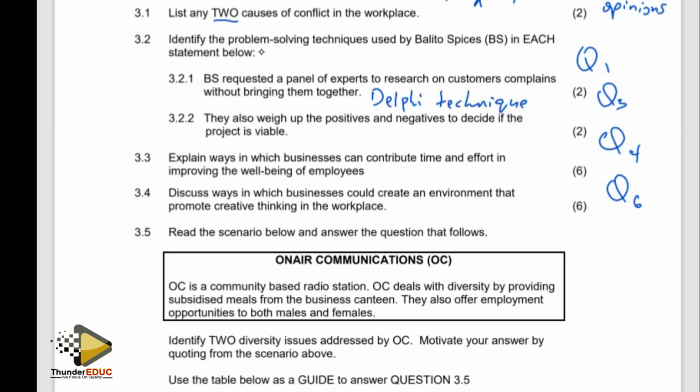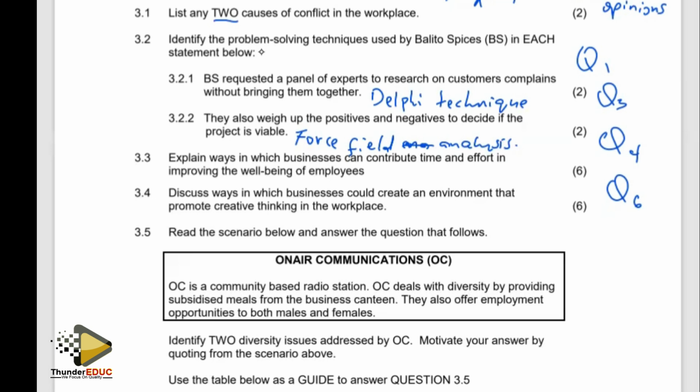Okay, right. So now let's check 3.2.2. They also weigh up the positives and negatives to decide if the project is viable. So now this one is going to be force field analysis. Force field analysis. Okay, right. So now let's check